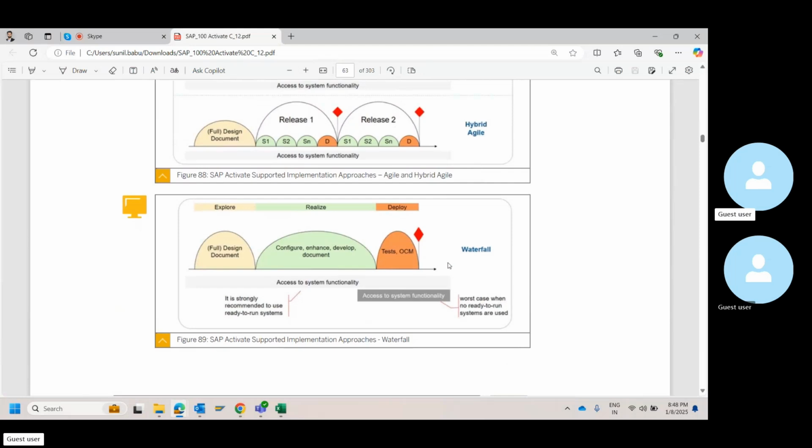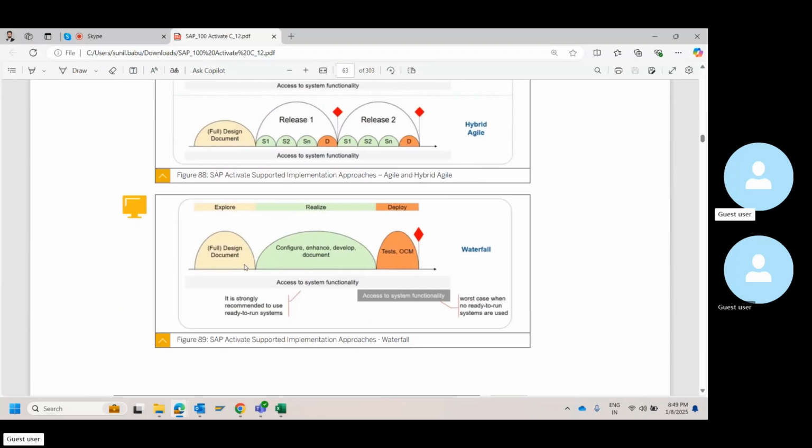Now, how is this actually waterfall? Will you be able to complete your configuration without concluding on the design document? The answer is no, right?